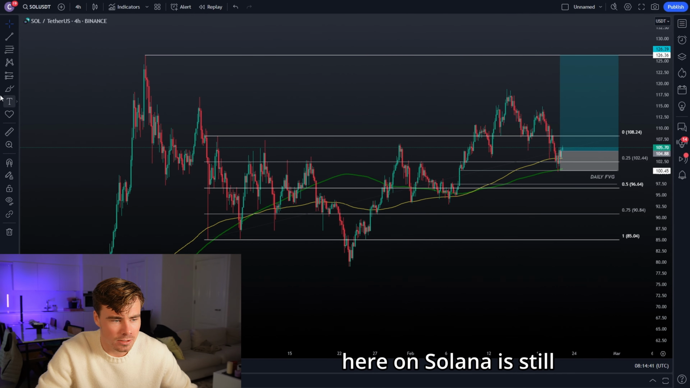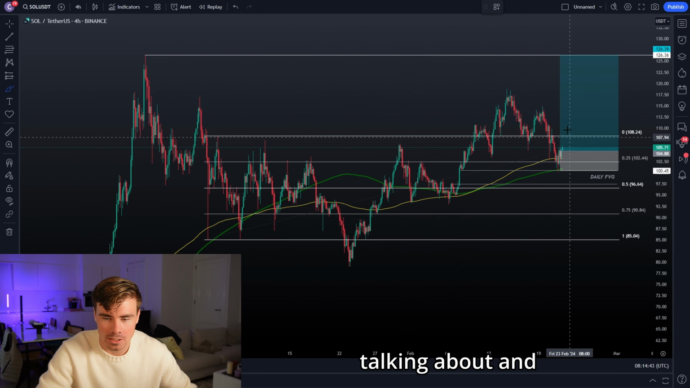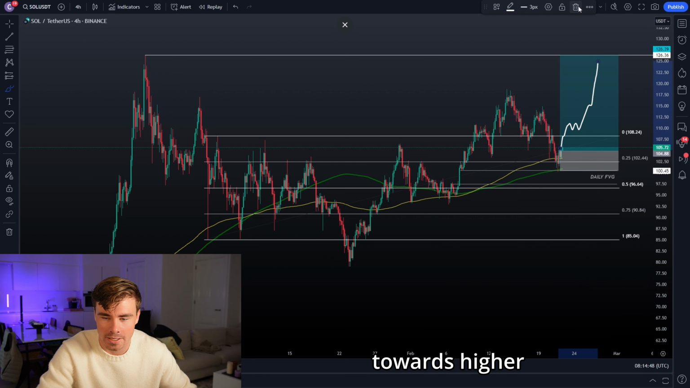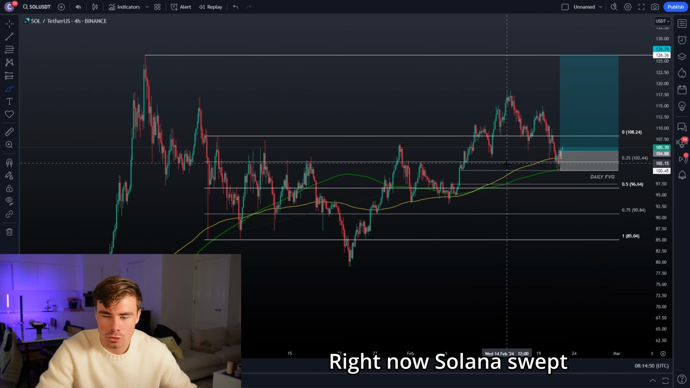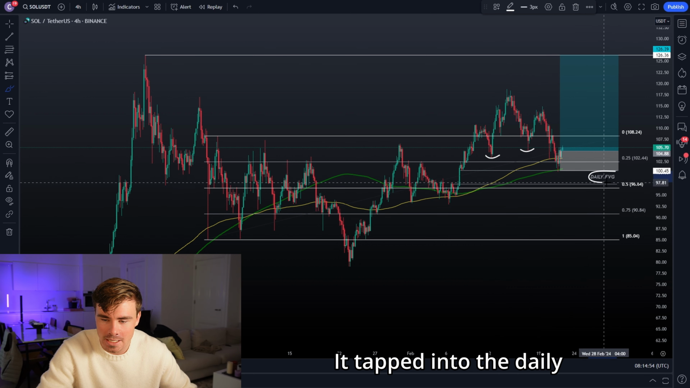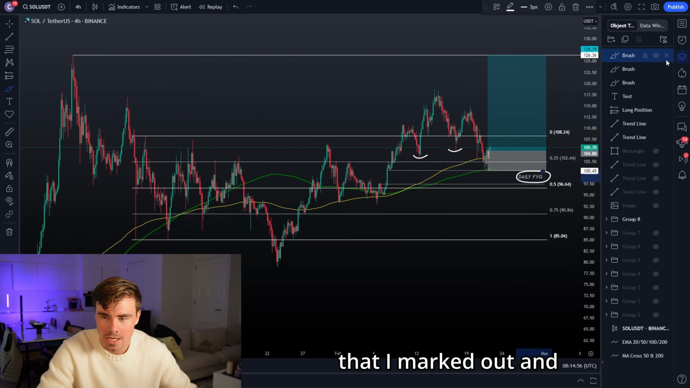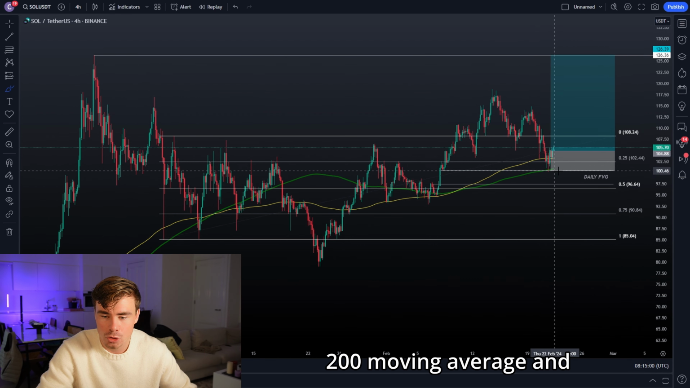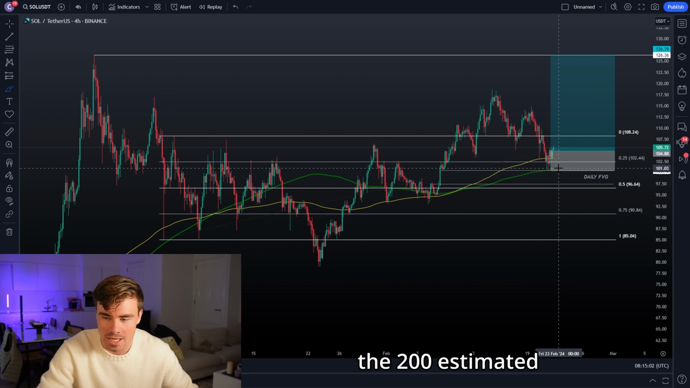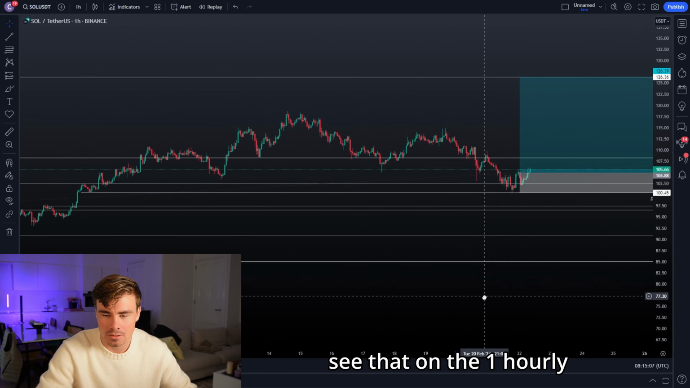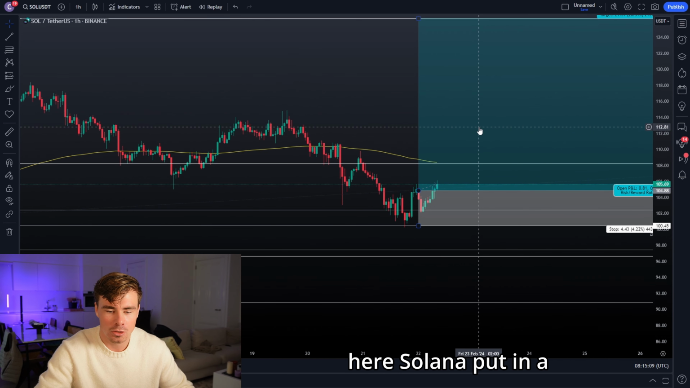So what we can see over here on Solana is still the range that I was talking about, and I'm still anticipating a range breakout at some point and then continuation towards higher targets. Right now, Solana swept the liquidity beneath these lows over here. It tapped into the daily fair value gap that I marked out. And after tapping into the daily fair value gap and holding on to the 200 moving average and the 200 estimated moving average on the 4-hourly time frame, we can see that on the 1-hourly time frame over here, Solana